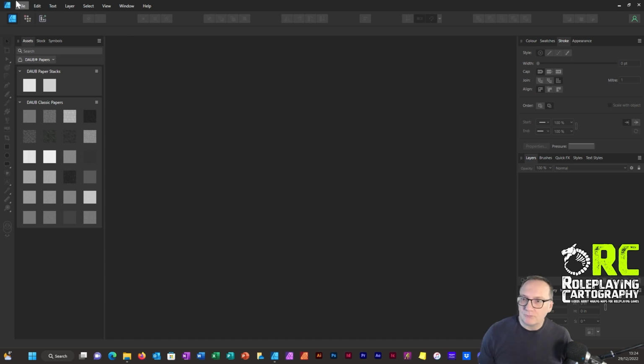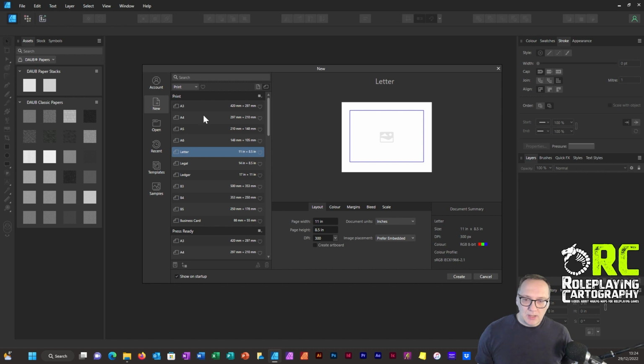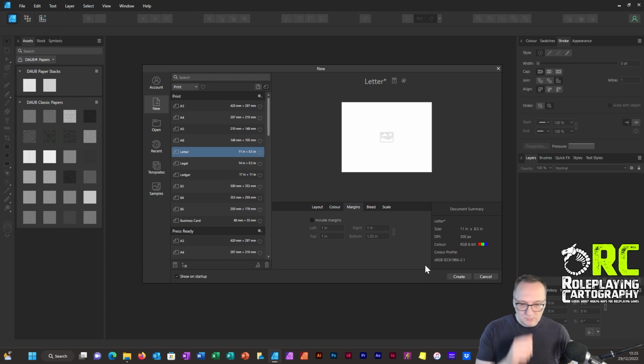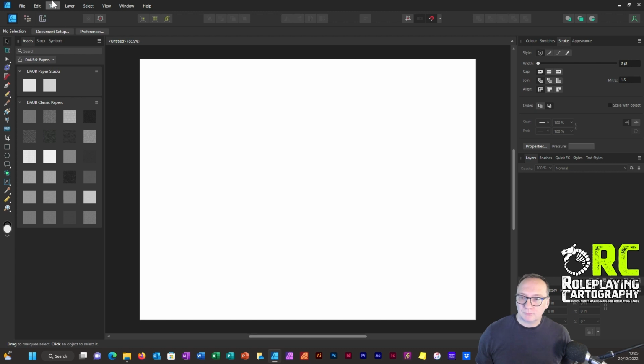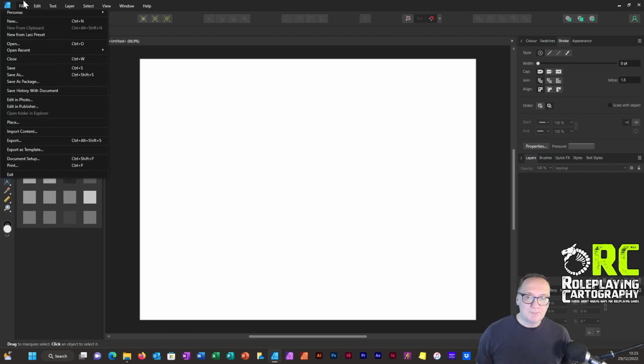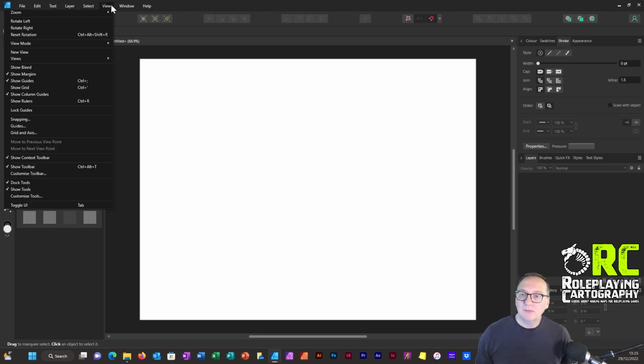So I'll just create a new file and I've got this set to letter size and landscape. We'll leave it at 300 dpi, we'll leave it as RGB, and we'll switch off the margins. And we don't need any bleed for this at the moment, although you could do that if you're creating for print. So here we have a blank